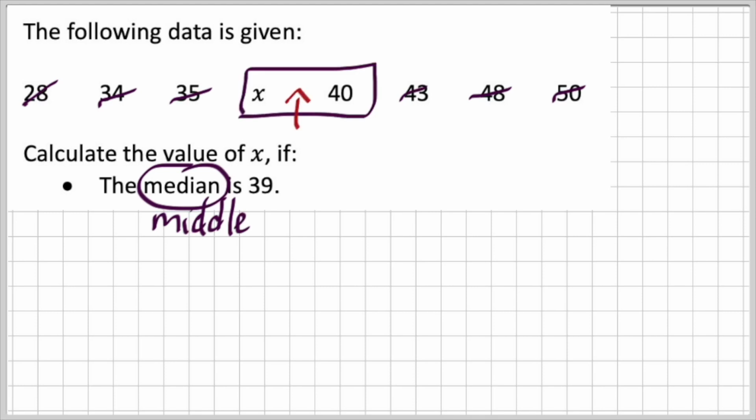in the middle. So thinking about it logically, a number must be exactly between x and 40, and that number is 39. So in other words, 39 is exactly in the middle between 40 and some other number. So that other number, of course, has to be 38, because 39 is exactly in the middle of x and 40. Now, some of you might look at this and go,